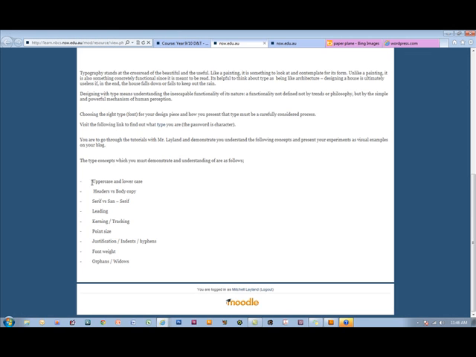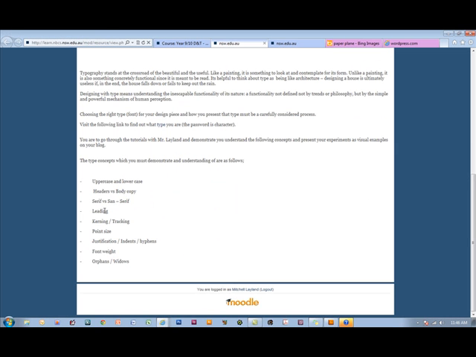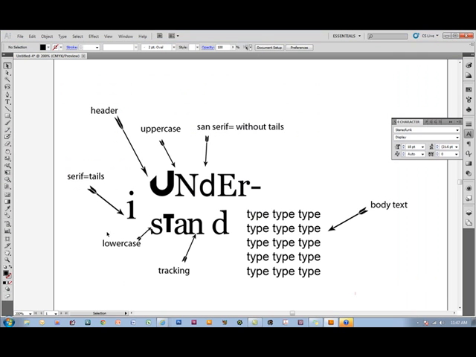And we're starting to move through them. So we've done uppercase, lowercase. There we've got headers versus body copy, serif versus sans serif. We've done our kerning and our tracking. We haven't done our leading yet. And I guess point size is just the height of a letter, so you can just type in what they are. So over here, if we double click on our letter R, so we highlight that, I can see it's 48. So I would then just copy and paste him,